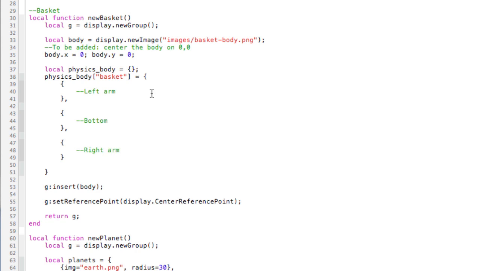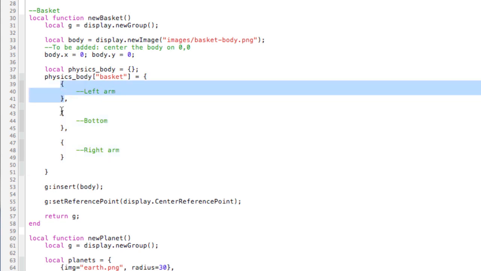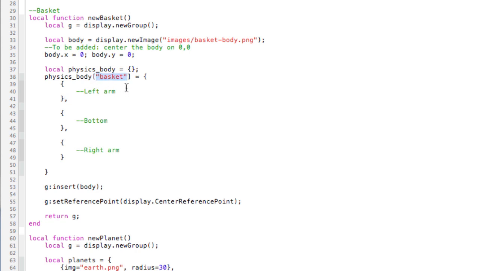Okay, so don't get confused. This is one giant table that has multiple tables separated by commas. And we have used an associative index of basket, which will be important in a minute. So now the information that we put in here is the information that we will put within a standard physics